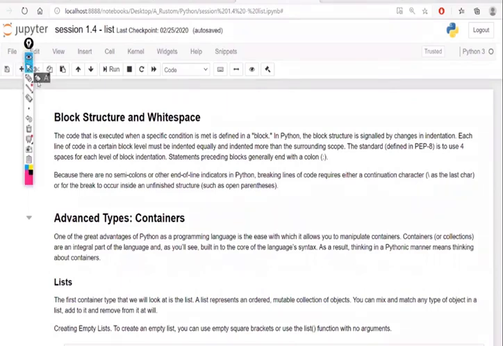When I say container, until now what we have seen is that we create a variable and assign some data, one data at a time. If I want to store multiple data in a single variable, say 10, 20, 30, and I don't have a list, what used to happen?